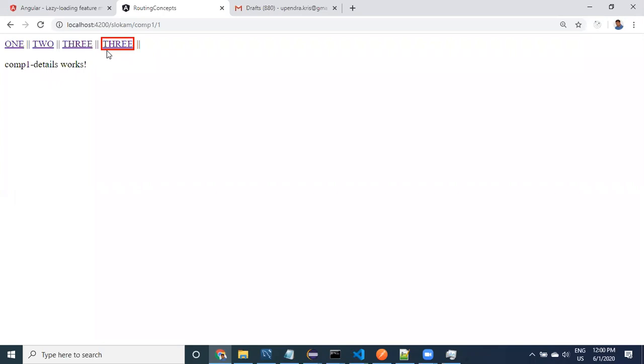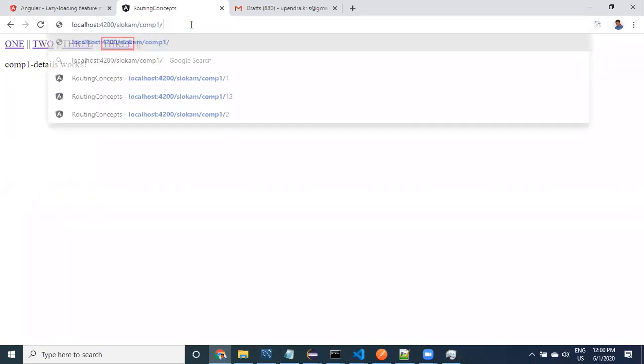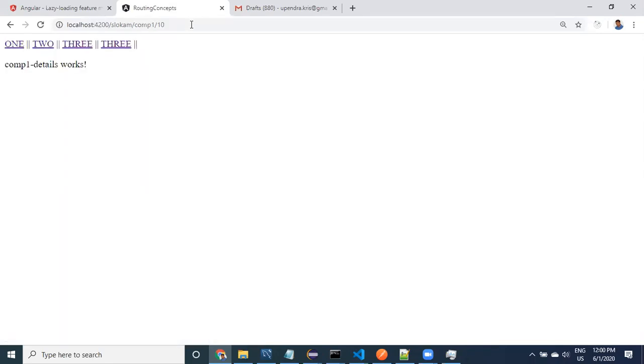So now we came to know that you can pass the data. How to pass the data? We have to define the path with a colon to provide the data. So here we are providing some 10, right?